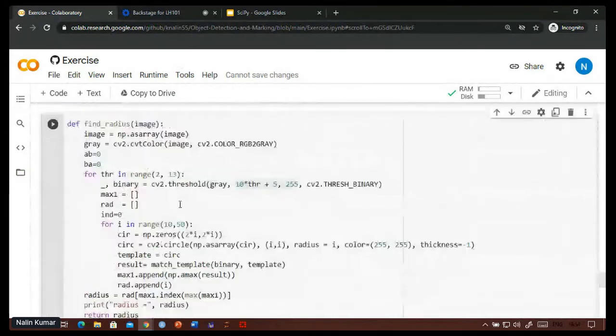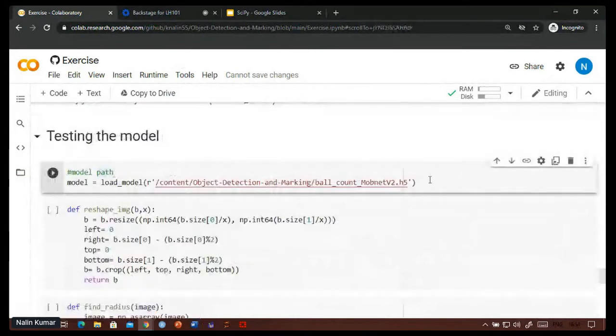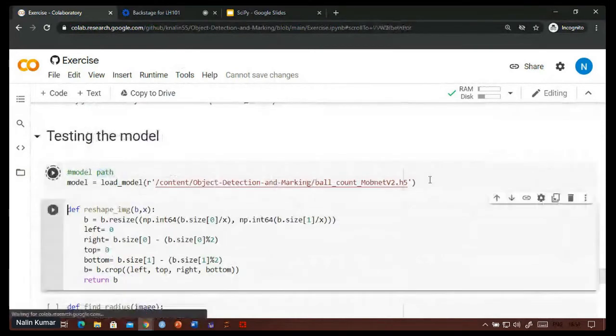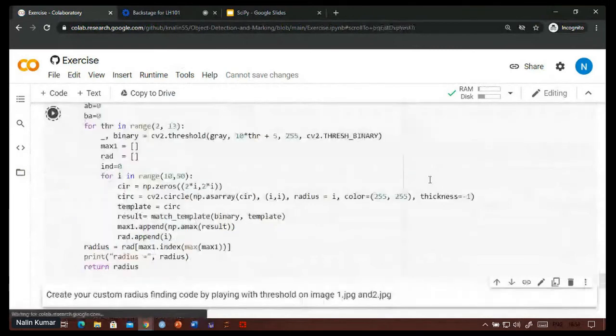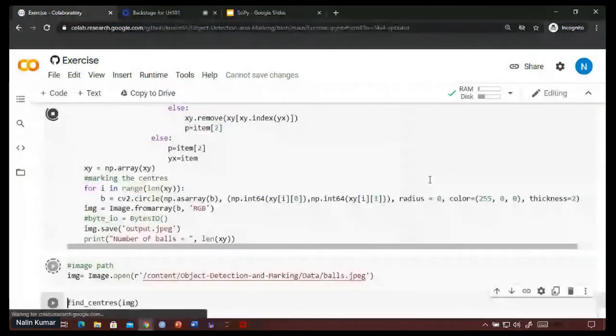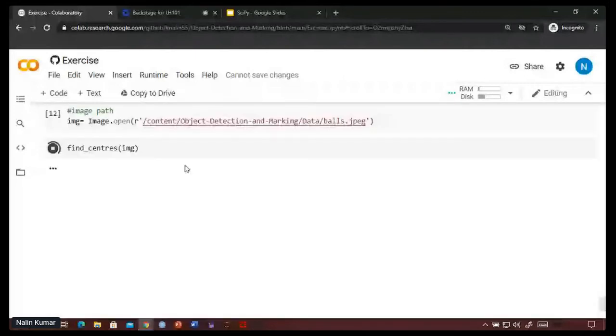As we have models pre-saved, let's check out the MobileNet. As this is an exhaustive search, it will take a lot of time. Meanwhile, let's see another example.